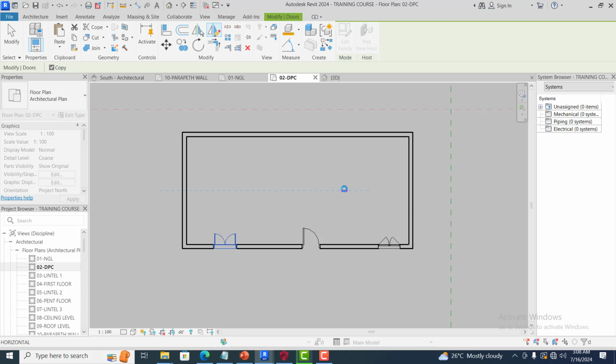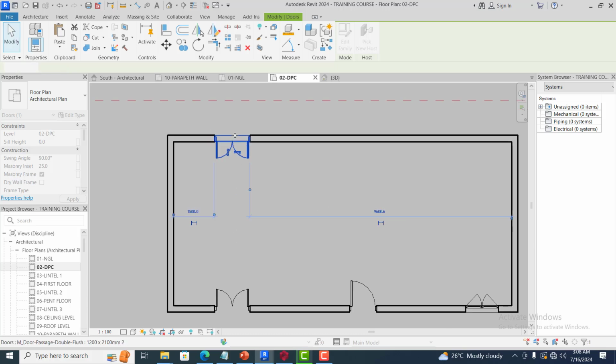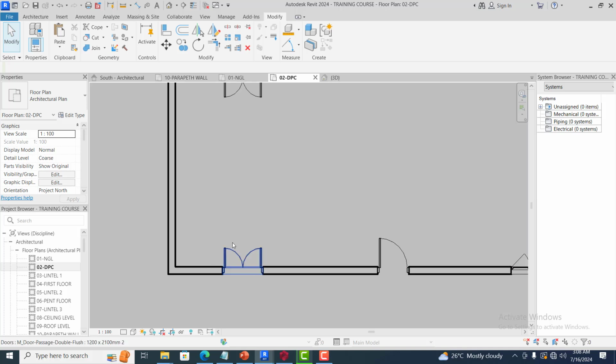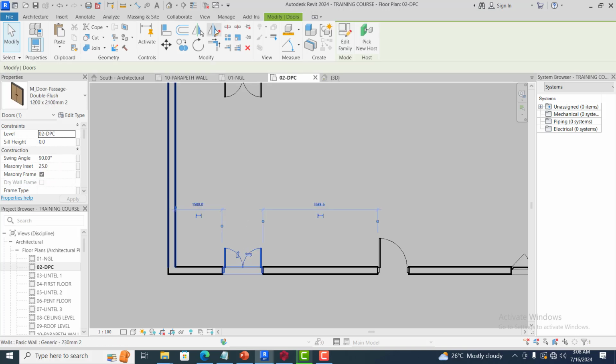Automatically it is going to help me mirror this window in the same position. Interesting, right? Similarly, let's say I want to mirror this window on this wall. I can click on this mirror and I will hover my mouse